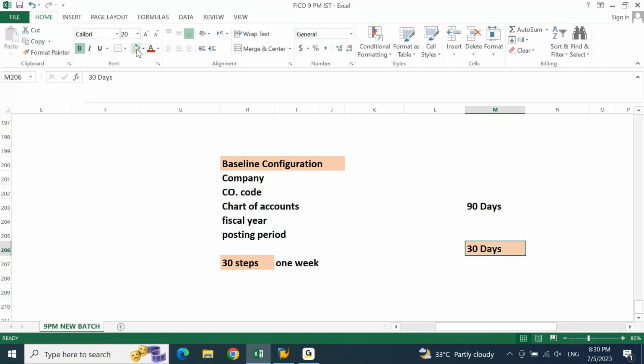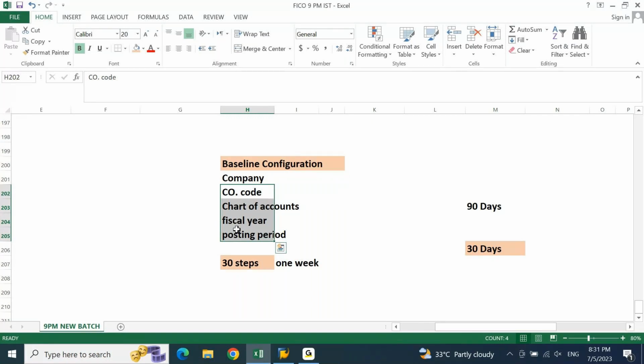Practically, it takes 1 month because you need to see the overall picture. It's not that I show you only the top, these are the settings, this is how you do it, and then make you feel so comfortable, so easy. Later on, when I start the actual topics, the actual processes, I will obviously be in a hurry because I want to complete in 90 days or 45 days. Whatever you ask me, whatever you question me, I will tell you to refer to the material, the document, the video.